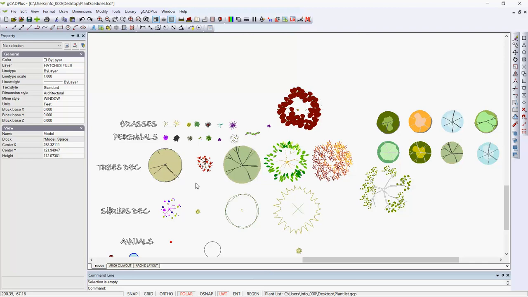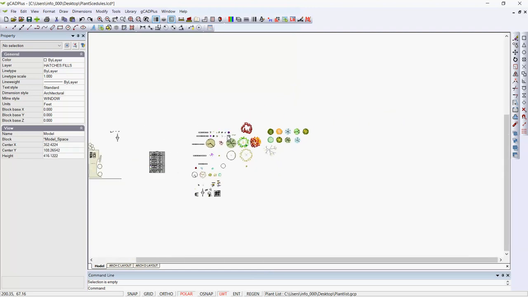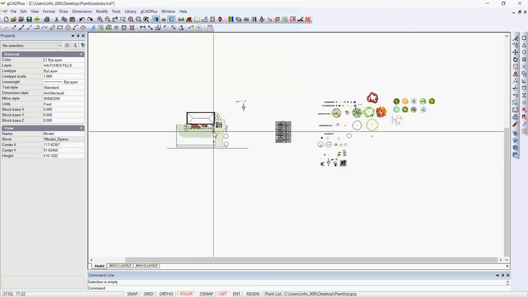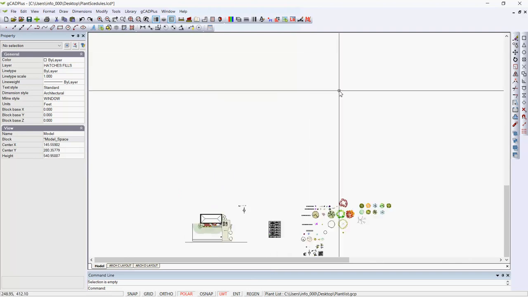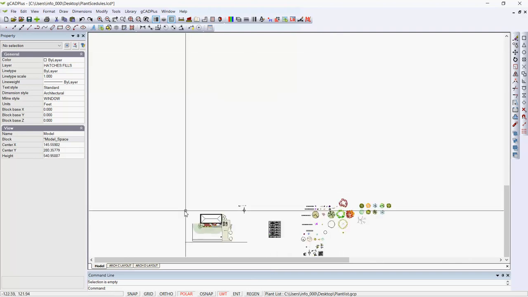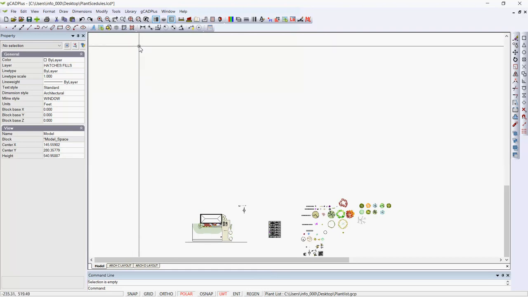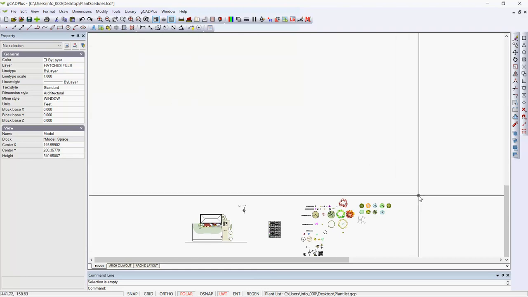I'd like to point out how difficult it can be to track down the root cause of a problem in a gCADPlus drawing. If I zoom out a little, you can see we're working on the design at the left, but if I right click and pick Zoom Extents, can you see I'm lost? There's a whole area in the top of the drawing where there must be something there it's not showing, and